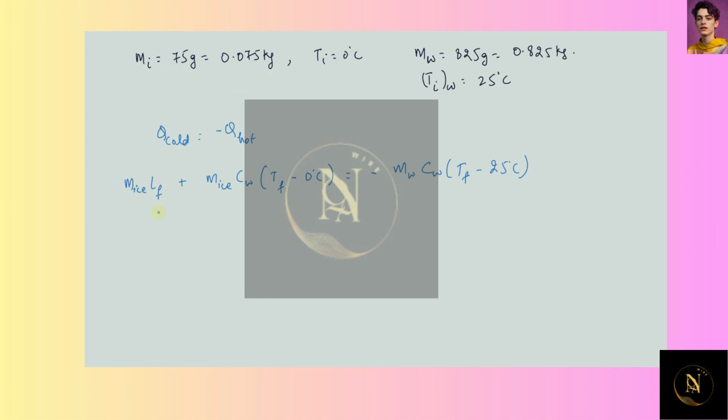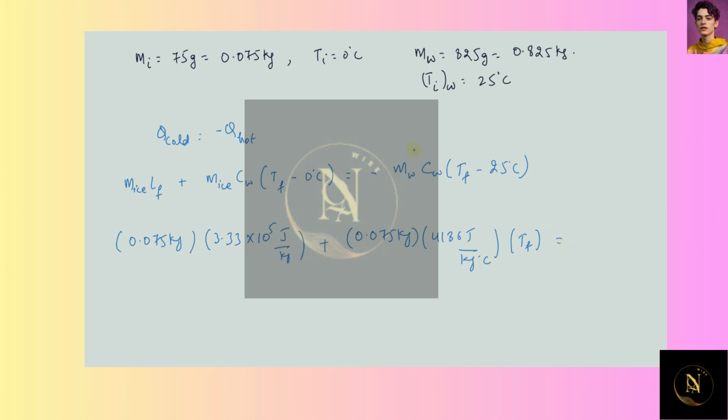So mass of ice is 0.075 kg, and the latent heat of ice is 3.33 times 10 to the power 5 joule per kg, plus mass of ice, already given, 0.075 kg, times the specific heat of water, we know it's 4186 joule per kg degree Celsius, times the change in temperature. So T final minus 0 degrees Celsius, so we can directly write T final,